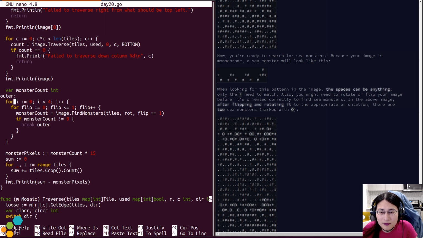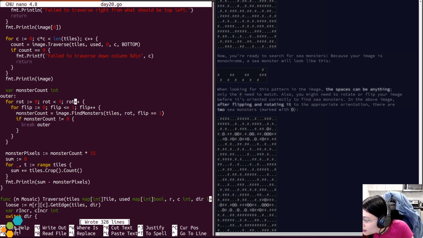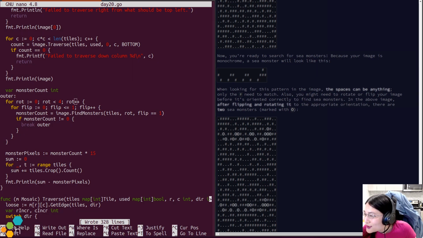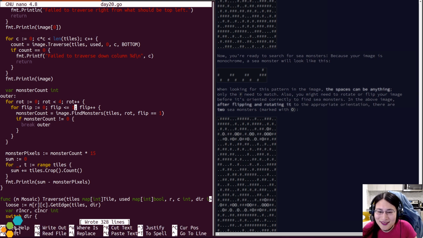Rot, rot, rot. Yeah, this is definitely a problem that is taking me a lot of time.